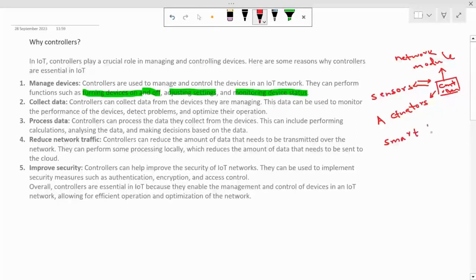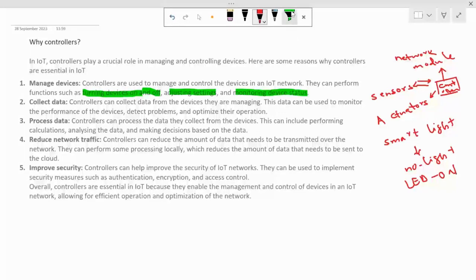There, if there is no light, the LED should turn on. So here we are going to use the light sensor and the LED, but we will write our logic in the controller, and the controller will collect the data from the light sensor, and according to the data it will make the decision to turn on the LED. Now let's move to the next point.